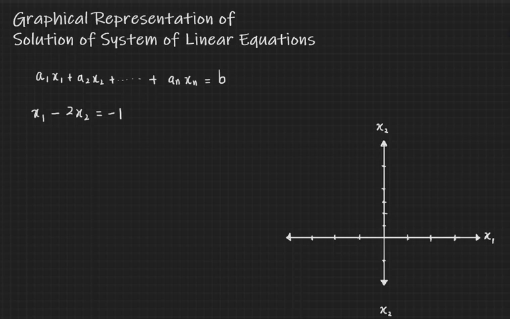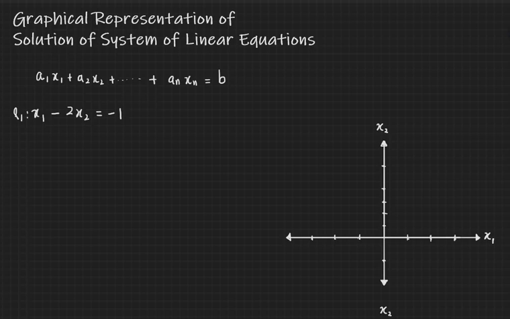As I just now mentioned, the linear equation represents a straight line, hence this linear equation in two variables represents a straight line in Cartesian coordinate system of two dimensions, where x1 is the distance along the horizontal axis and x2 is the distance along the vertical axis. In order to obtain the straight line corresponding to this linear equation, we need at least 2 points on that straight line. If I assume that this equation x1 minus 2x2 is equal to minus 1 is represented by line L1, then